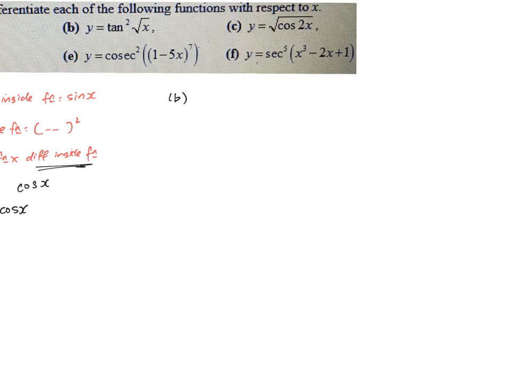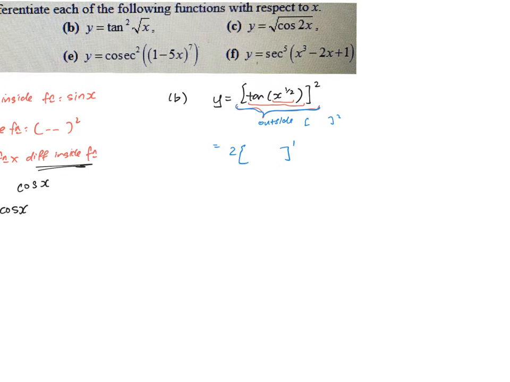For b, basically your y is tangent squared of root x. So you can also say that this is y equals tangent x to the power half. I write this in index form so it's easy for us to do the differentiation. I see the first layer as the square. This is the first outside function, then this is the second layer, then this is the third layer. If I differentiate the most outer function, the outside function is like something squared. So the power goes in front,